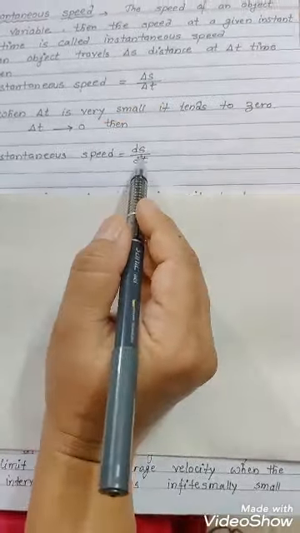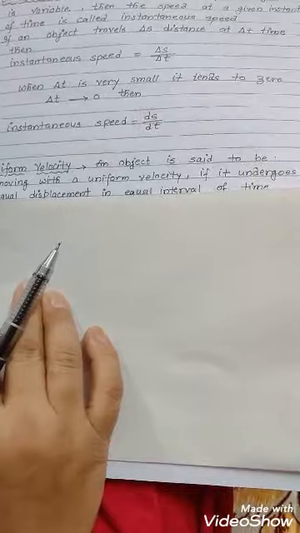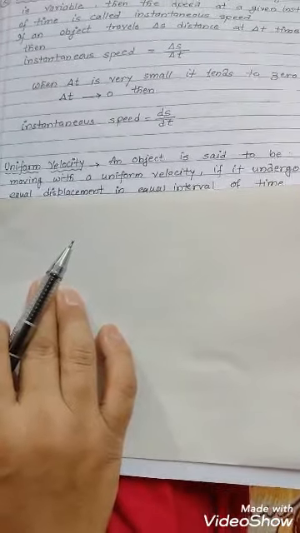Okay. Next we will see uniform velocity. As already we have defined the speed in 4 categories, that is uniform speed, variable speed, average speed and instantaneous speed, in a similar way we are now defining the velocity. Already we have seen the difference between speed and velocity: speed is a scalar quantity equal to distance upon time, and velocity is a vector quantity equal to displacement upon time. So the difference is what?